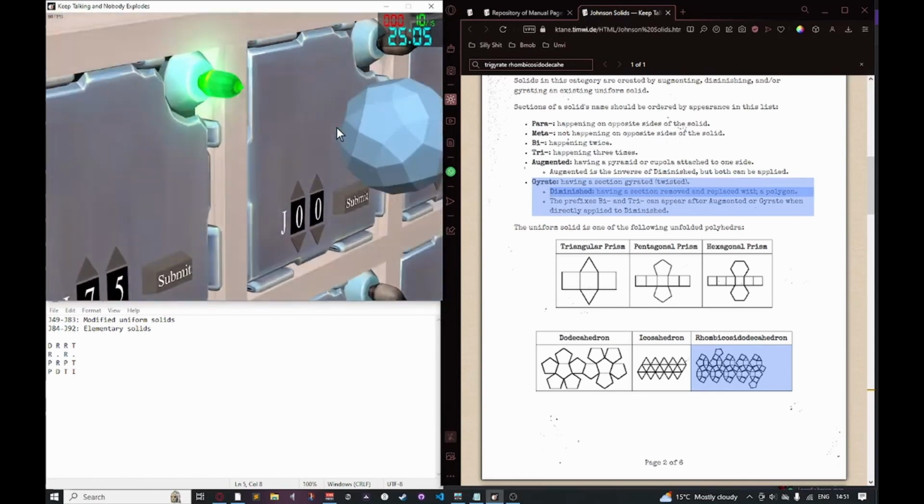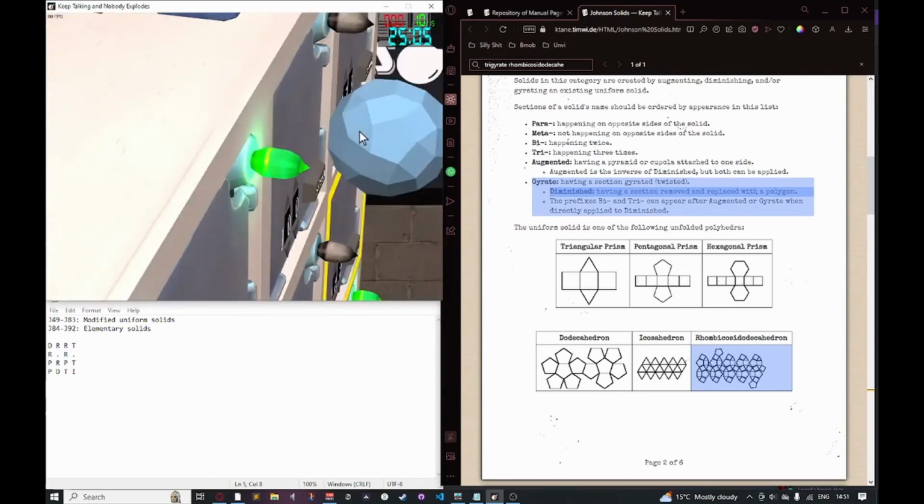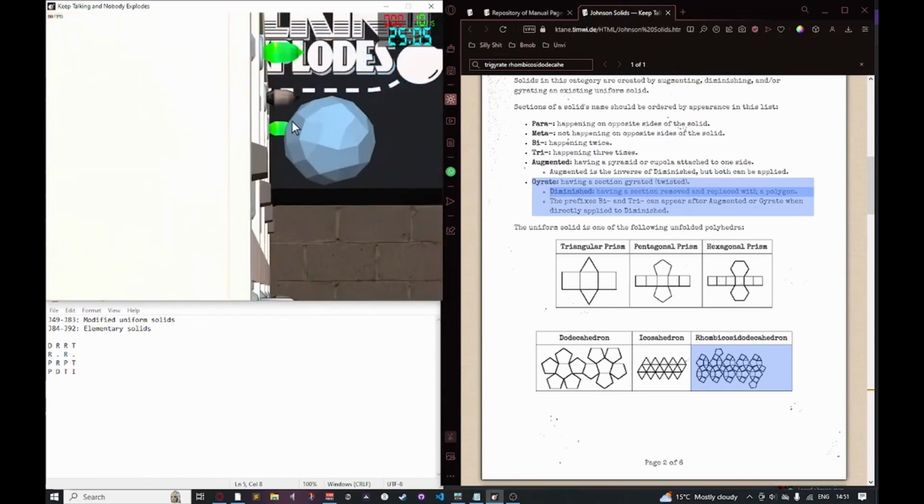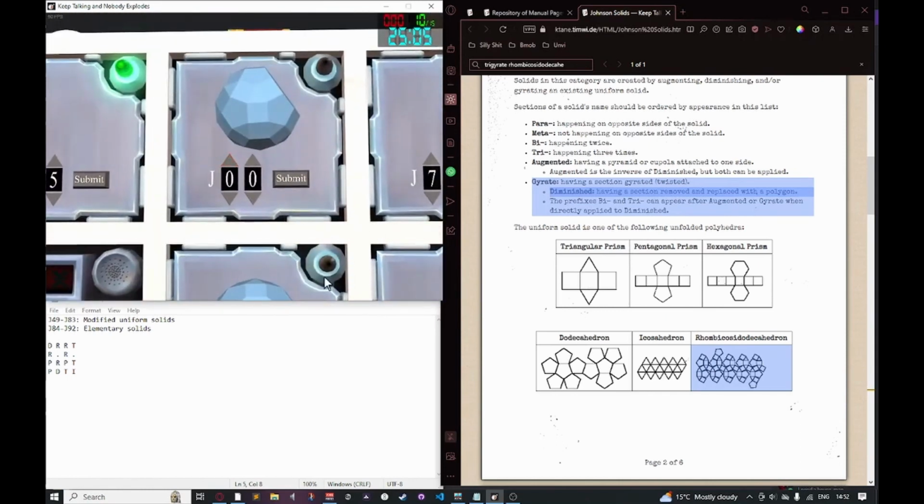We'll see if we can find any other gyrated sections. We can. This section here is gyrated. You can see 1, 2, 3 sections or pairs of squares around here. This has been gyrated. So this is a bi-gyrate diminished,